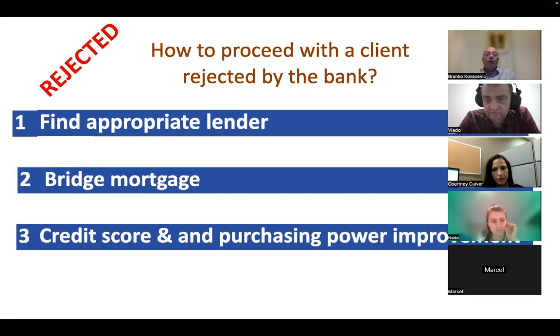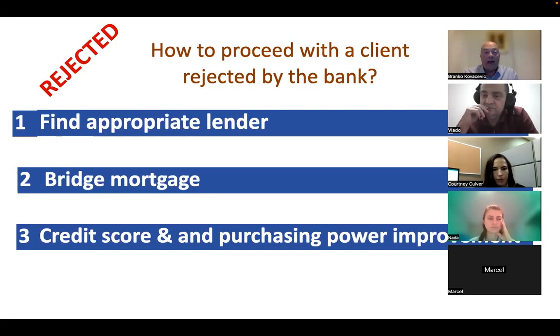What a mortgage broker does first is try to find a lender. There are over 50 lenders in the market today, and they all have different policies. They have preferences. Most people think all mortgages and lenders are the same, but there's a huge, huge difference. Some of them prefer this type of client, another prefers that type of client. So just to give you an example,